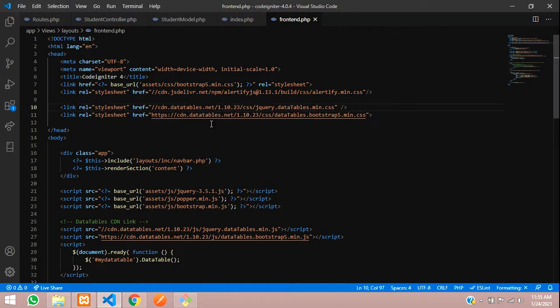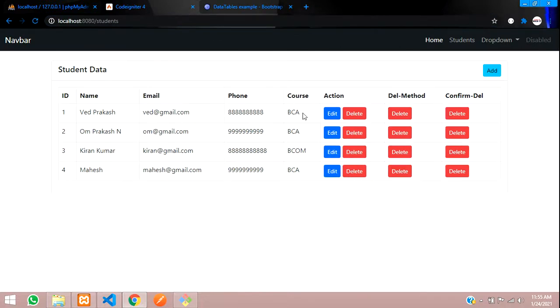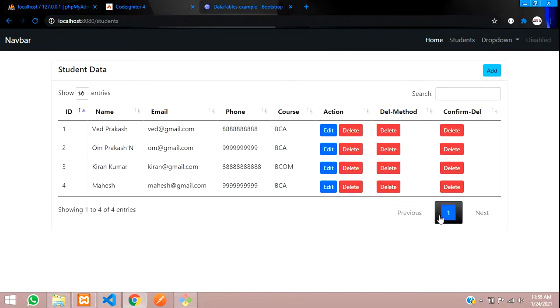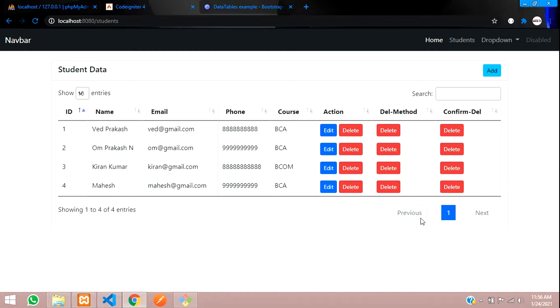That's it. Save this, and let's get back and refresh the page. Over here you can see that the design has been changed. Something is clashing, but you can manage that. Just inspect and adjust your CSS files.